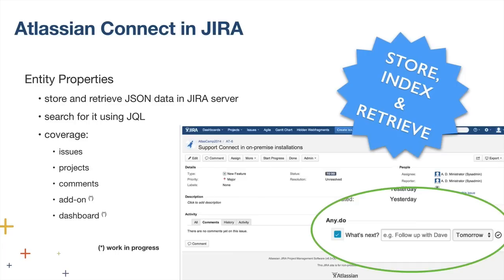They are fantastic because not only they give you the backup and all the stuff which you get from JIRA, but they also allow you to create a purely JavaScript add-on which lets you store the data. And the entities with which you can associate some JSON at the moment are issues, projects, and comments, but we are also extending this to a per add-on private entity store and with a dashboard.